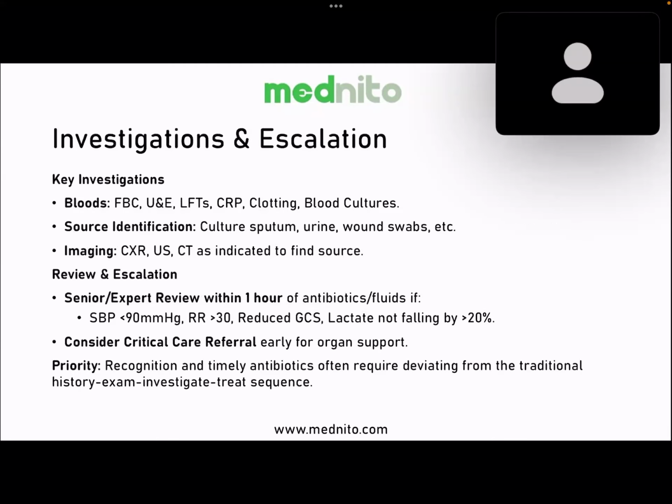Next, what is the first and most important investigation? Obviously, everyone will send bloods, but I want you to understand that you will have to do a gas, and a blood culture needs to be sent. And please do start IV antibiotics after you take the blood cultures. That's one thing you will have to consider, please.